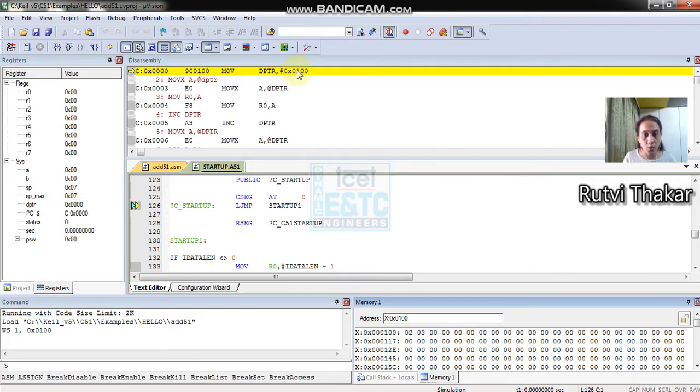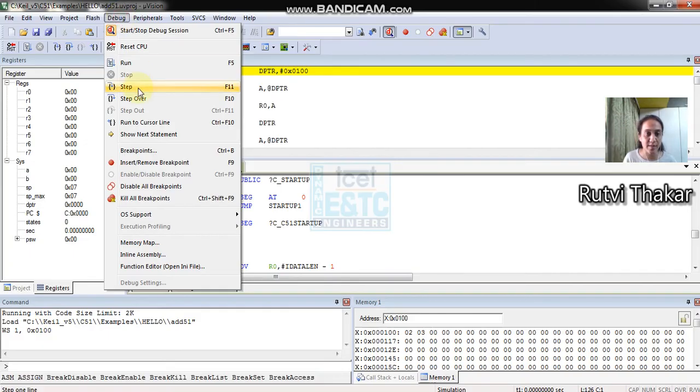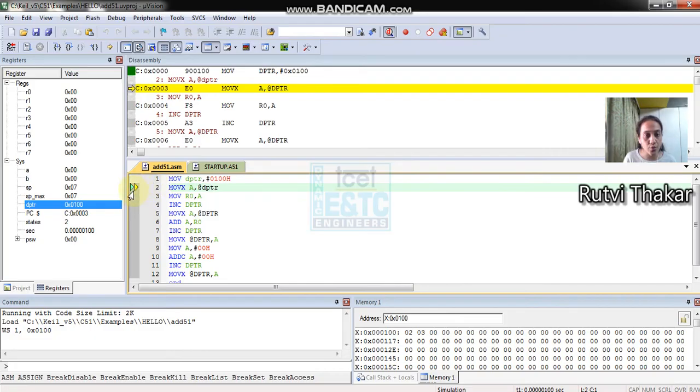So when I do 0100, 02 should be stored in the accumulator. From the accumulator it should move to R0. Next, when I increment, it will go to 0101, which holds the value 03, and it should be moved to the accumulator. The addition of 02 and 03 should then be moved to the next location. For seeing the output or to debug, we'll go to debug and see the step execution. I just press F11 every time, the execution takes place, and it will show you the progress on this side. So let's press F11.